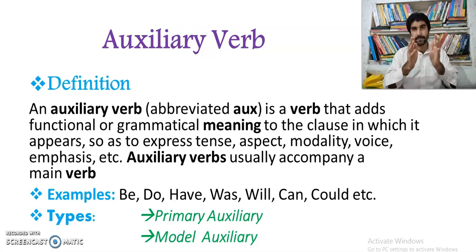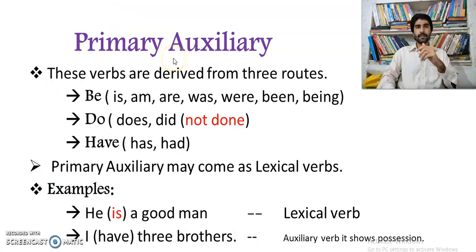Here we will be seeing the difference between the auxiliary verbs. There are two types of auxiliary verb, and that is primary auxiliary verb and modal auxiliary verb. Modal auxiliary verb and primary auxiliary verb have a little bit of difference. We are going to see what that difference is. Now, what is primary auxiliary? Firstly, we are going to see what is primary auxiliary.